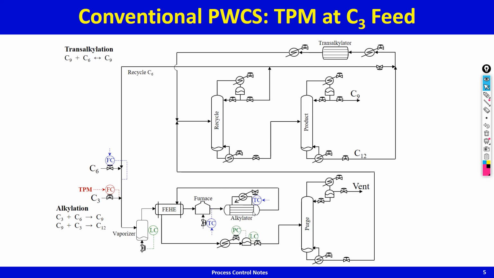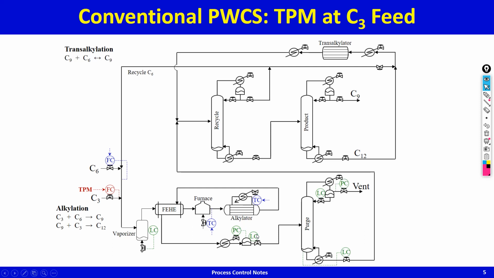Further downstream, you control the pressure of the flash drum by adjusting the cooling duty of the cooler. You control the level of the flash drum by adjusting the flow out into the purge column. And by the way, these are put in green because either they don't have a steady state effect or these are already fixed. You are not allowed to change them. So these green loops are the 12 things that were discounted. 25 minus 12 gave us 13 degrees of freedom, right? So these green loops correspond to those 12 things that were discounted.